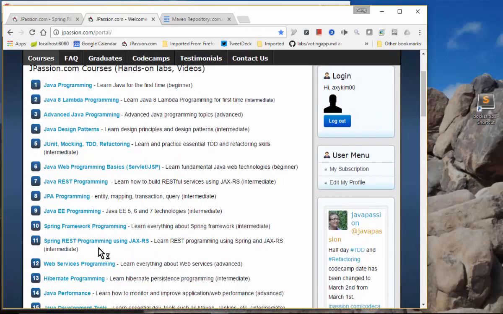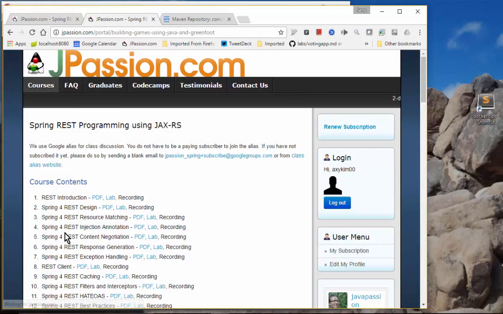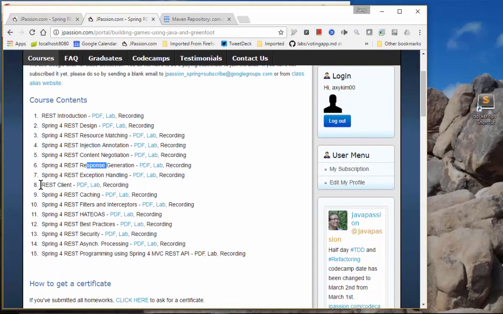Let's look at REST programming in JAX-RS. We covered 6 topics: REST introduction, REST design, resource matching, injection annotations, content negotiation, and response generation. Tomorrow we're going to move on to the REST client, and then we'll work on caching, HATEOAS, and best practices, where we are going to cover versioning and security. I think that is probably enough topics for tomorrow, but tomorrow's topics are a lot more interesting than today's. All right, so I'm going to